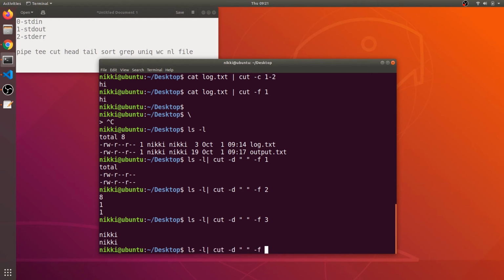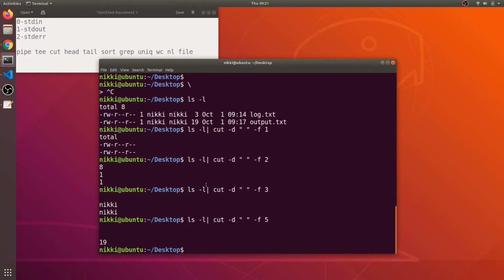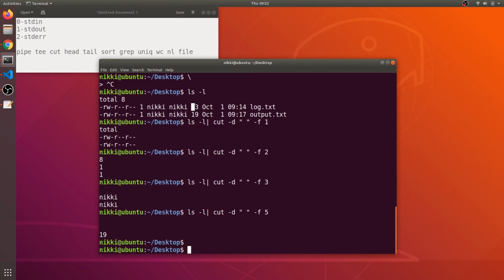Now if I say 5, I get the null 319. Okay, I think there is some more space between that, or it has been considered as a null, because if it has 03, it might get printed. Okay, that's all about this cut command. You can cut according to the delimiter. And there is another command called head and tail.